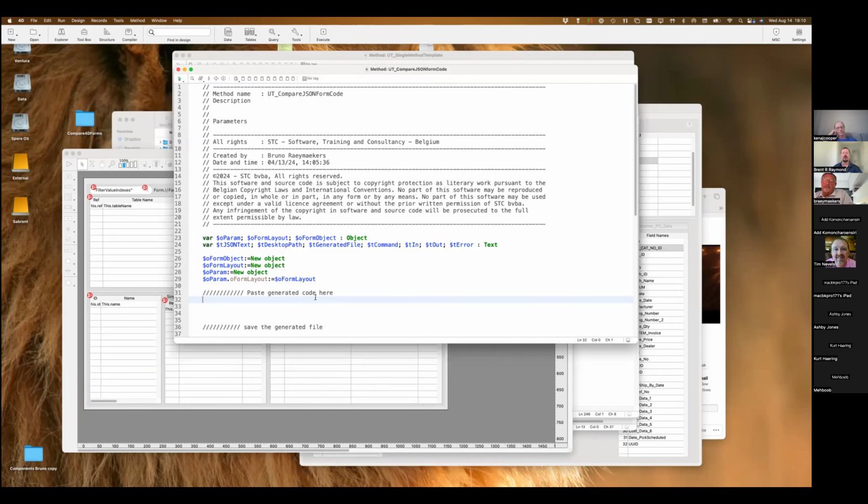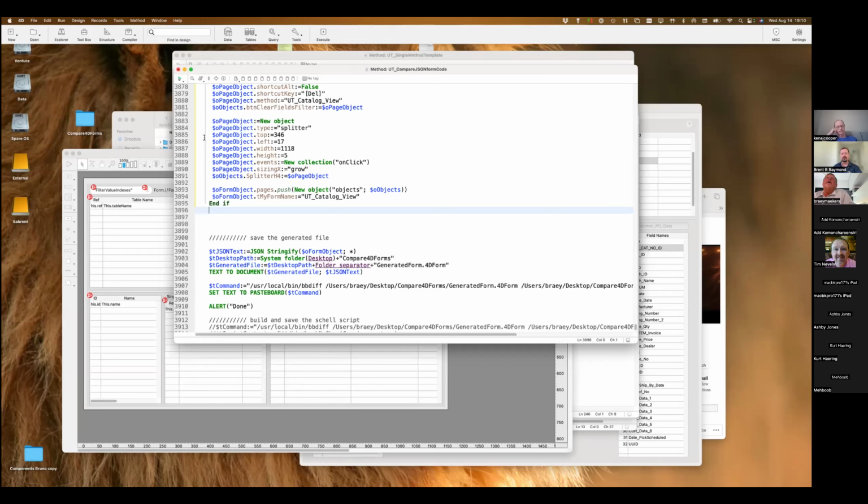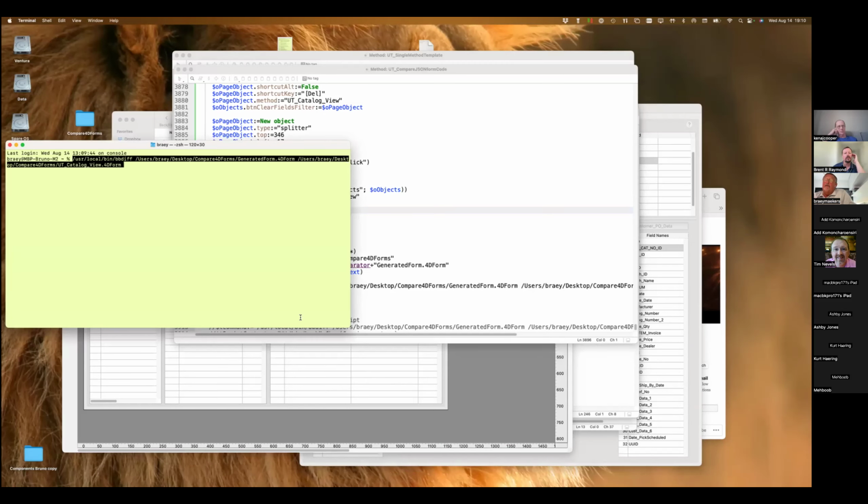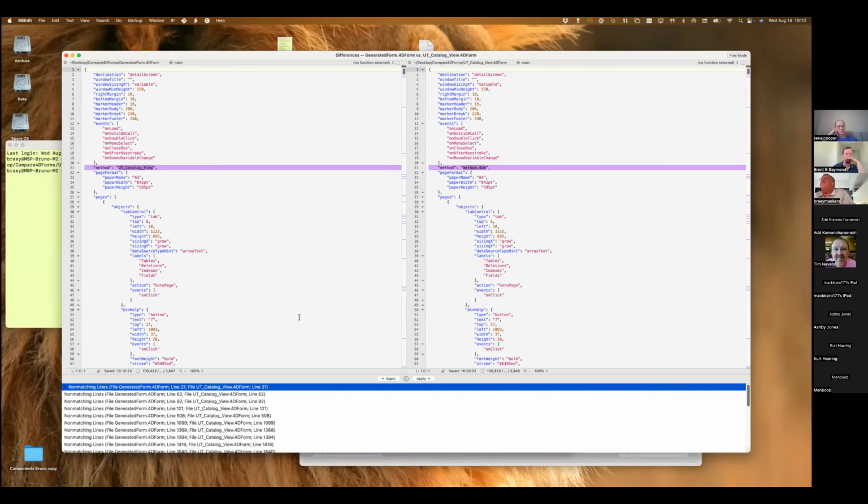So if I paste the same code in here and I run this method, then I can compare basically the 2 methods.